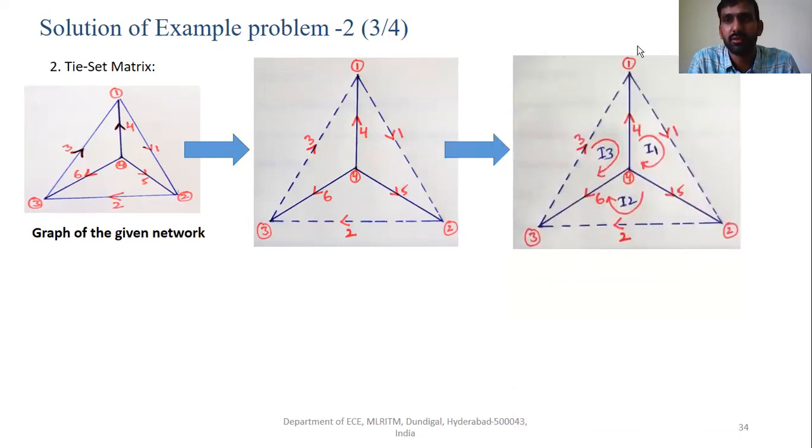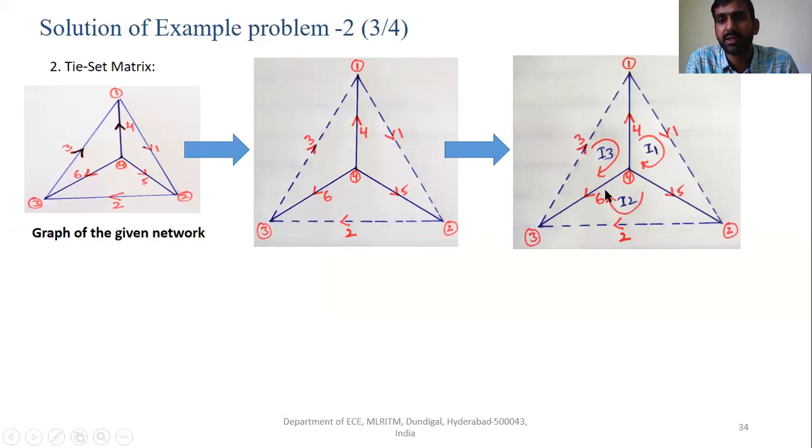Let us form the loop with respect to each link. You can see here, with respect to link 1, I have formed the loop, and the current I have considered is I1. With respect to link 2, I have formed this loop.